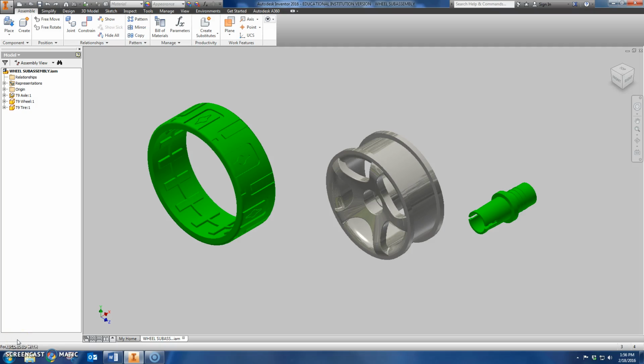Everybody, in this video I'm going to walk you through the wheel subassembly for the T9 Automoblox. This is probably for the IED course if you're in Project Lead the Way. So we have the three parts here. We have the axle, we have the wheel, we have the tire, and our job now is to assemble these